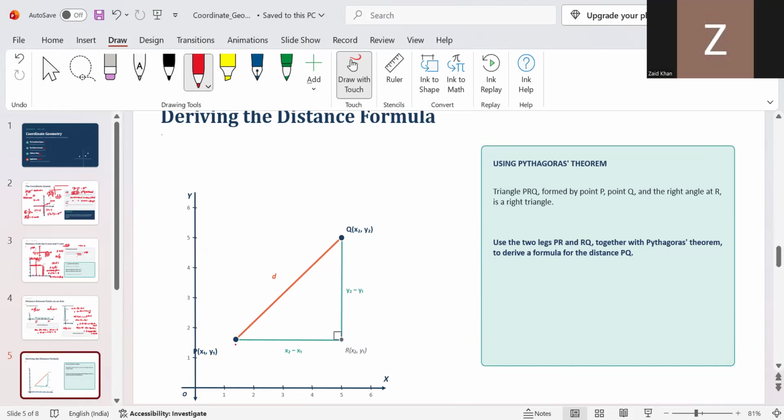The position is like that, x1, y1, and this is x2, y2. Suppose the position is like that. They are not lying on either the vertical line or the horizontal line. They lie on a slant line. We need to find the distance between this point and this point. So please make sure we cannot find it with that formula, because they do not lie on either a vertical line or